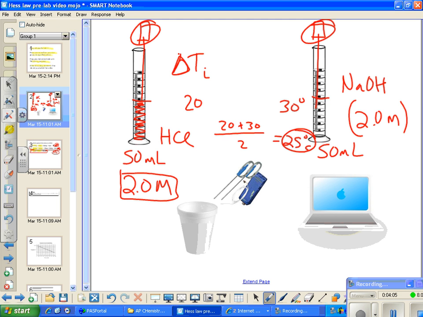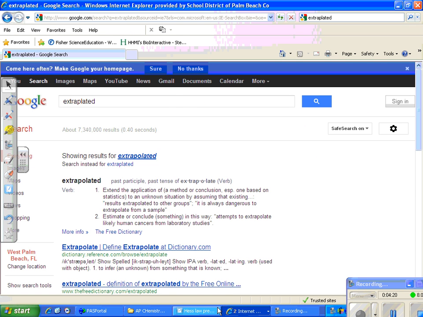So that's the first thing you're going to do. You're going to write down the initial temperature for all these. So you need to make a data table for each of the reactions. You'll have initial temperature of the solutions. Then what you're going to do is you're going to take the 2 graduated cylinders and you are going to,